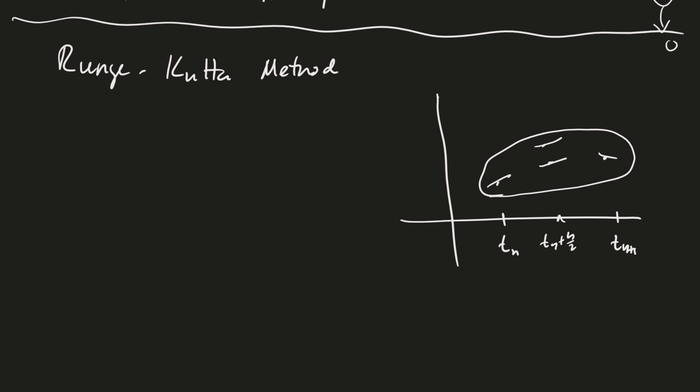Okay, so we're talking about the Runge-Kutta method, and we've got this picture here. And the idea again is that we're going to take several samples of the slope, and then we're hopefully going to be able to get some kind of weighted average in order to make that a more accurate solution. And so we'll just go ahead and start in then. K1 will be our first estimate,